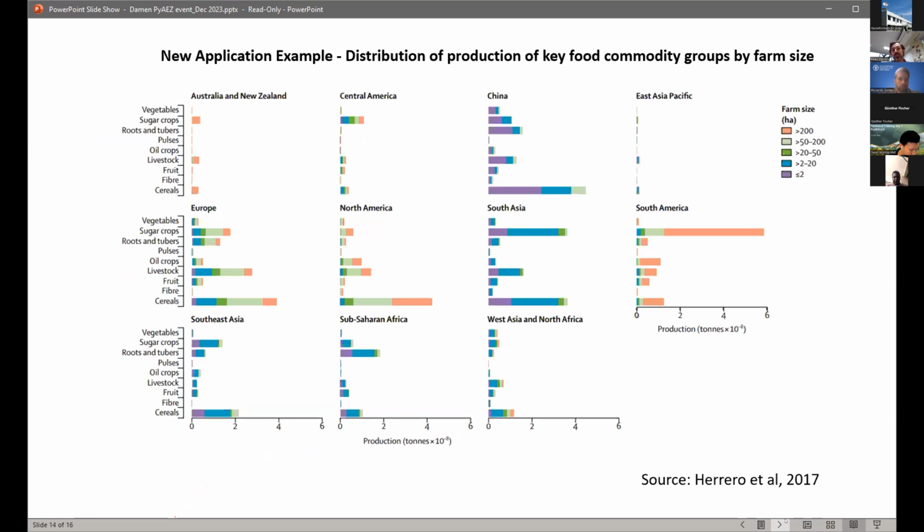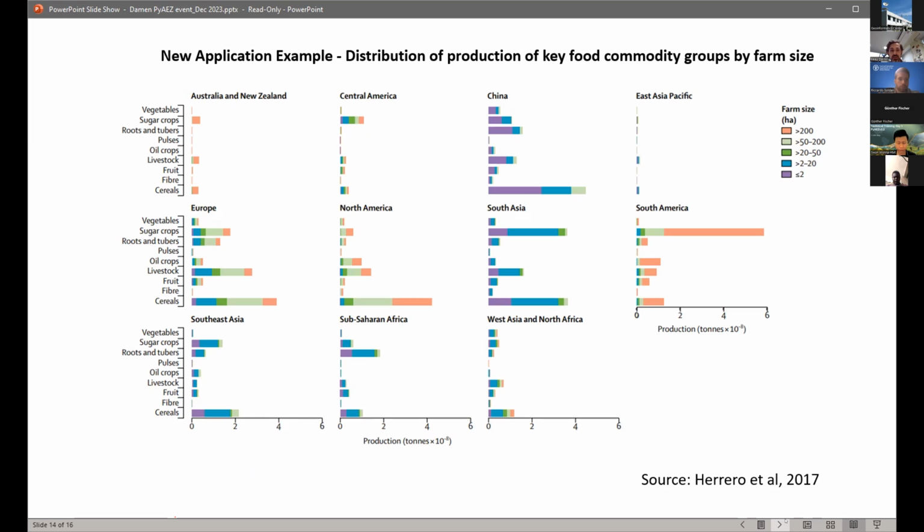And thinking about potential future applications, one that we are looking to develop is in terms of thinking about nutrition. This is from a very nice study a few years ago by Mario Herrero and colleagues, basically showing that the majority of food production, if we break it down into different crop types, is generally produced by smallholder farmers.